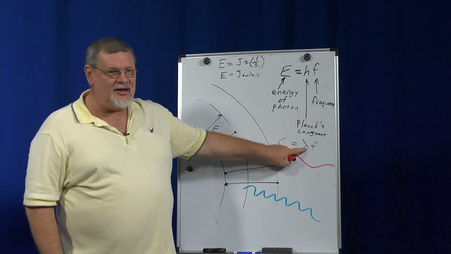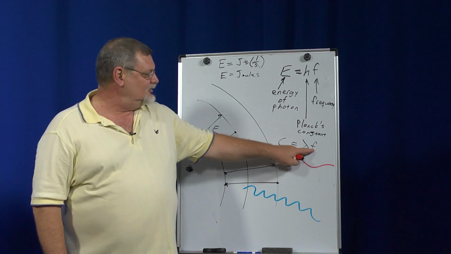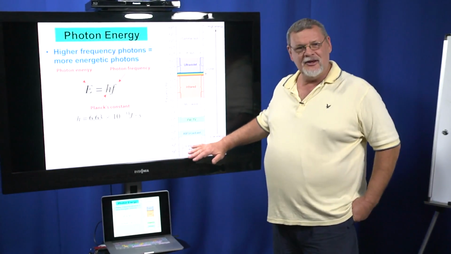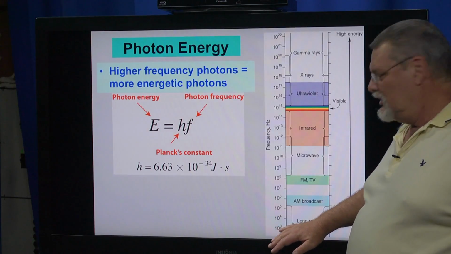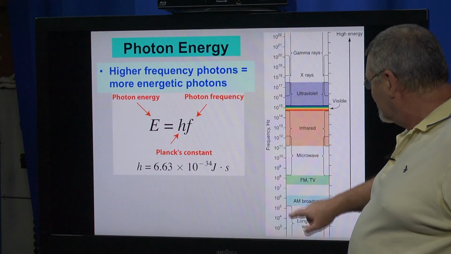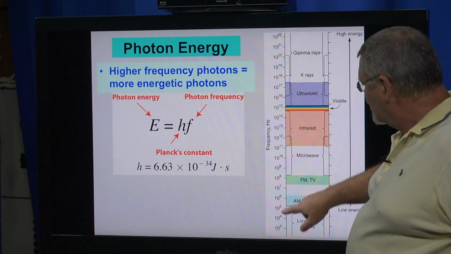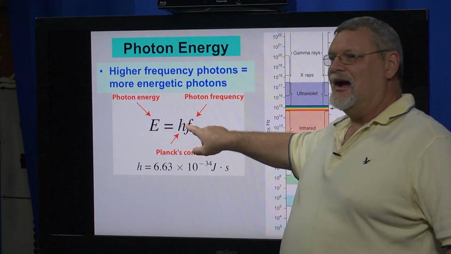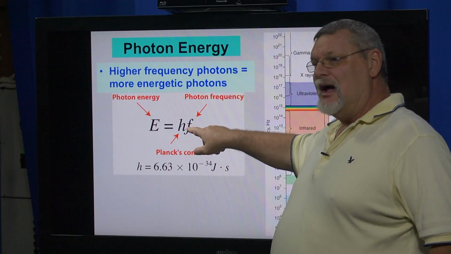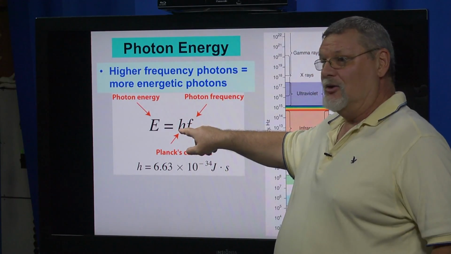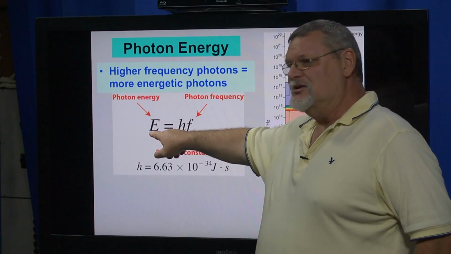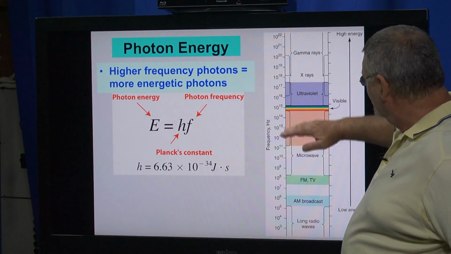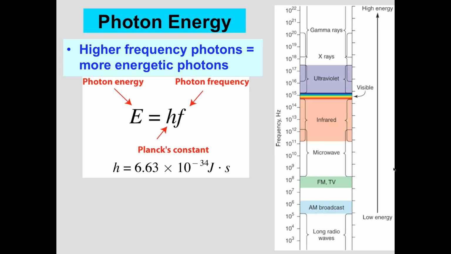That the longer the wavelength, the smaller the frequency, because their product has to be a constant. So with longer radio waves, the frequency is relatively low. As we go up in the spectrum and the wavelengths get shorter and shorter, the frequency gets higher and higher. If this is going up, we're multiplying it by just any old number. It's just a number. That means the energy goes up. In other words, as we go from radio waves on up through infrared, ultraviolet, X-rays, and gamma, these are becoming